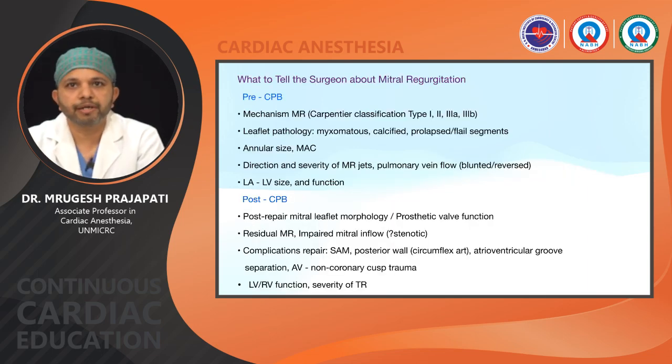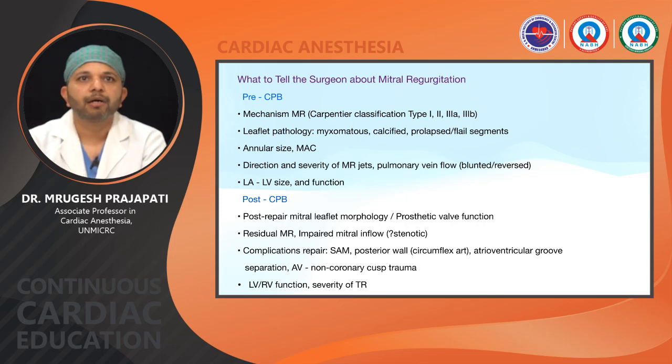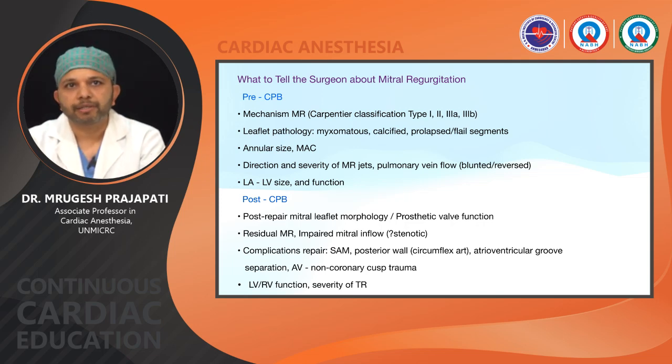So, in conclusion, TEE is a very essential tool for assessment of MR intraoperatively, and here is what we have to see while we assess the MR and what we have to tell the surgeon about it. Pre-CPB we have to see the mechanism of MR, leaflet pathology, annular size and mitral annular calcification, direction and severity of MR, pulmonary vein flow, and LA and LV size and function. Post-CPB we have to assess again,